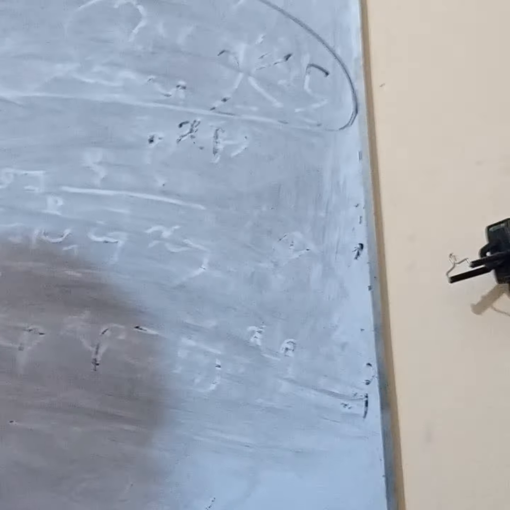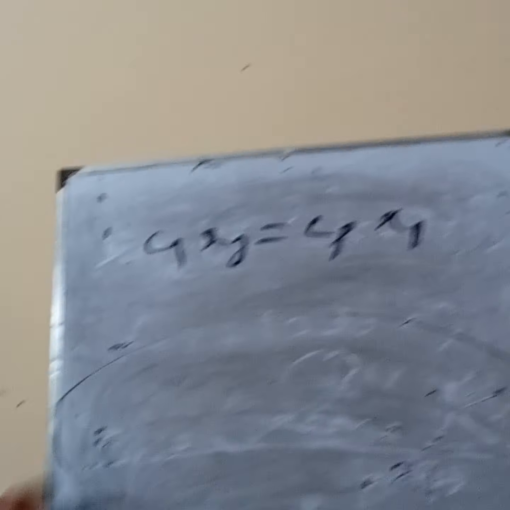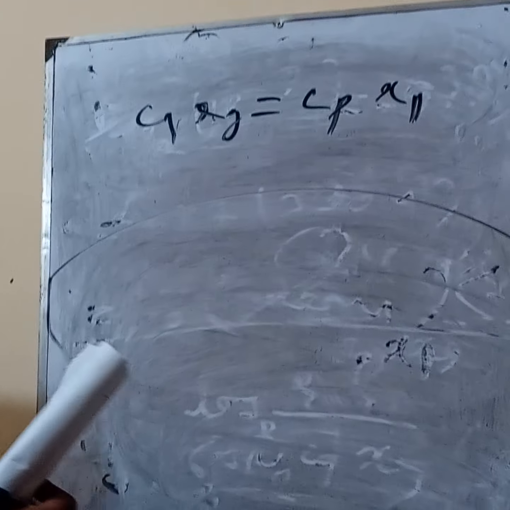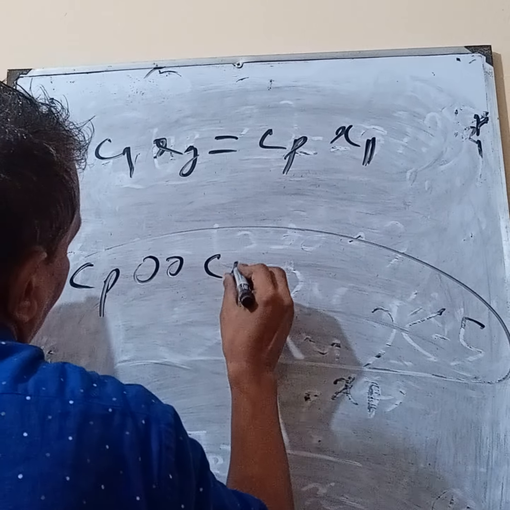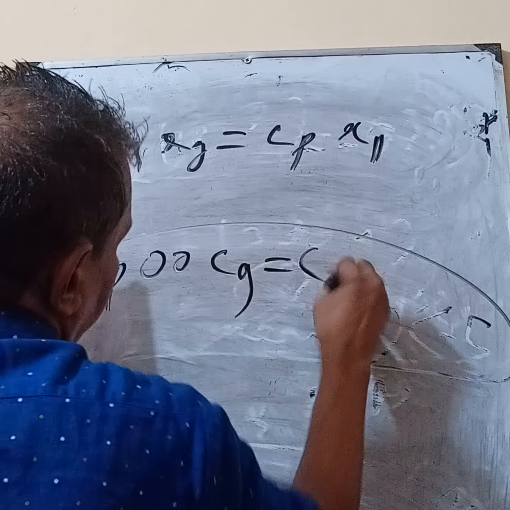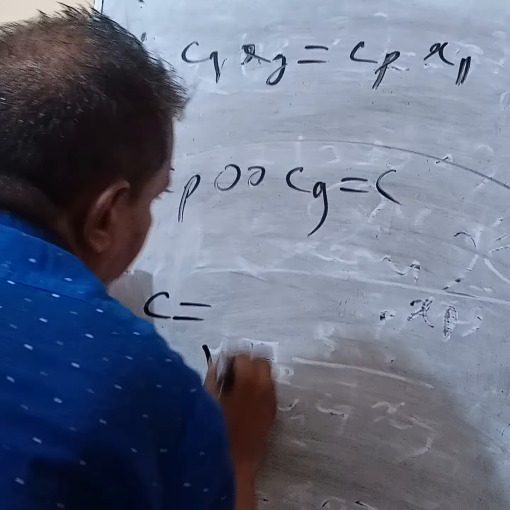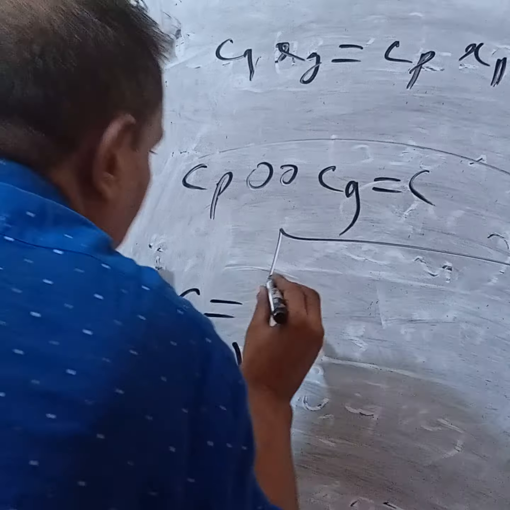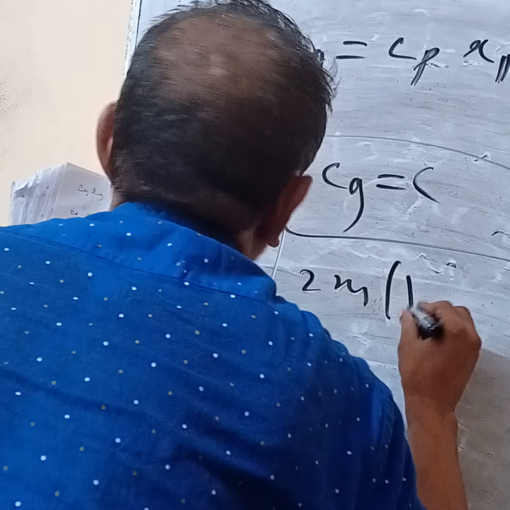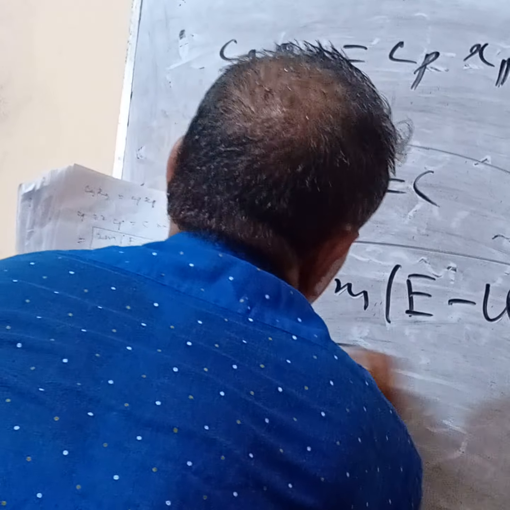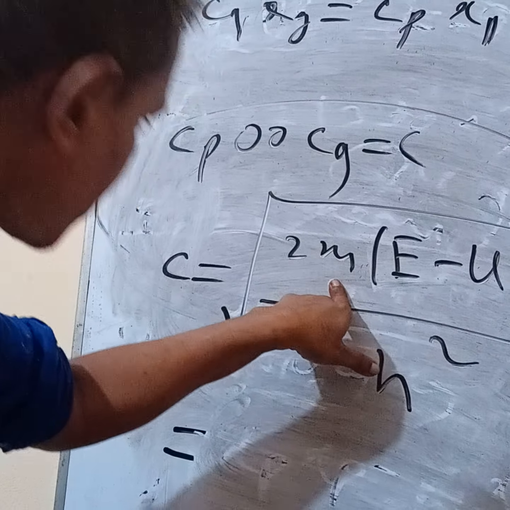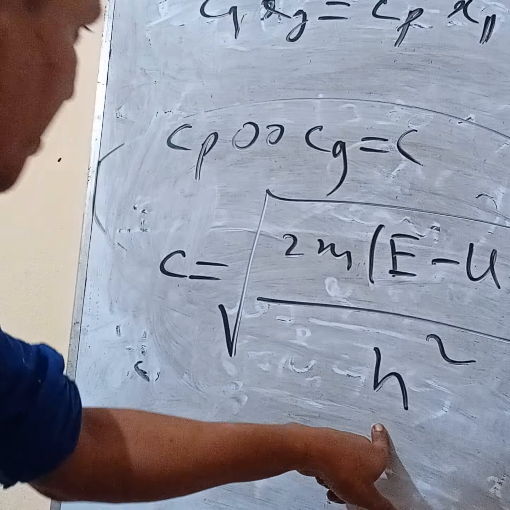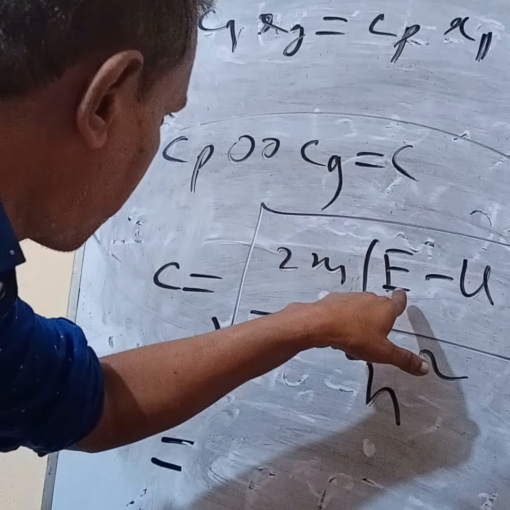Now CG CP I have to explain. What is CP? What is CG? CP or CG? Totally C. What is the equation of C? C is the equation of 2m E minus U by H square. And for photon particle mass, H Planck constant, E energy of photon particles